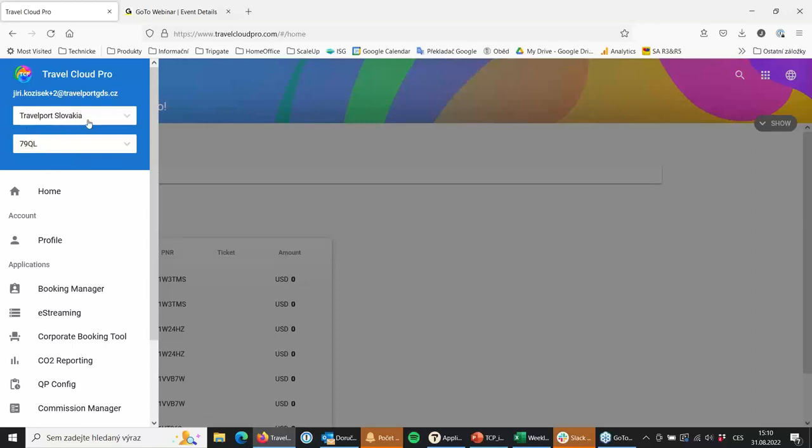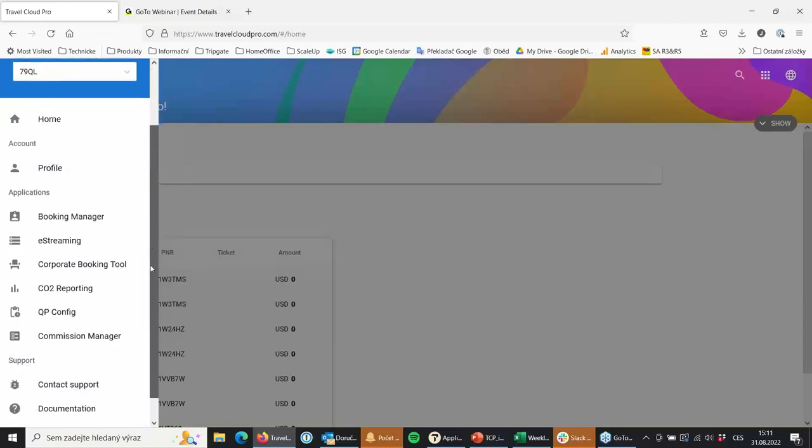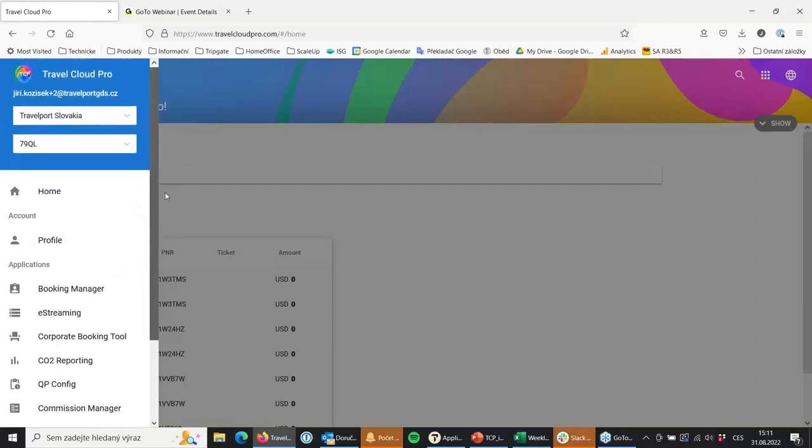So right now, Travelport Slovakia is the organization. I have one pseudo city code added to this organization, and my rights are users only. I can go to home, profile, my user profile, but I don't see any organization information. So this is the difference between user and administrator.